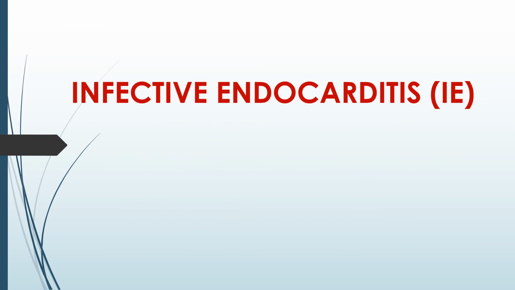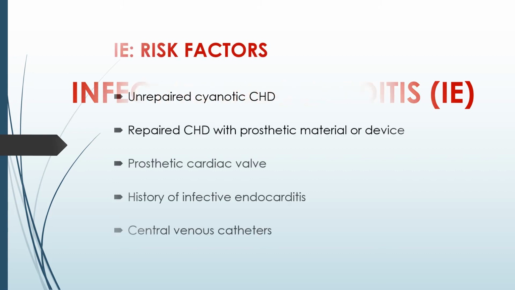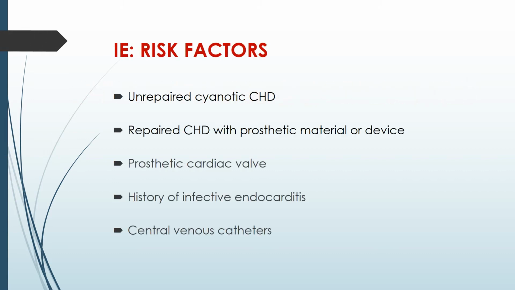Now I will talk about infective endocarditis. It is defined as an infection of the endocardial surface of the heart, which may include the heart valves, mural endocardium, and septal defect. The risk factors for infective endocarditis are: unrepaired cyanotic congenital heart disease, repaired congenital heart disease